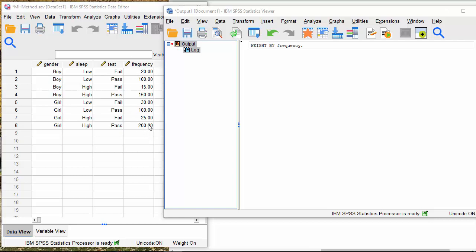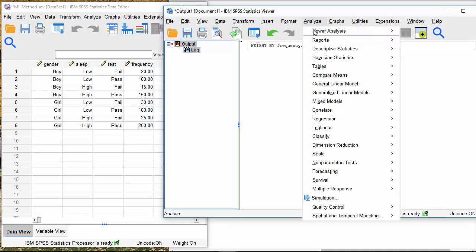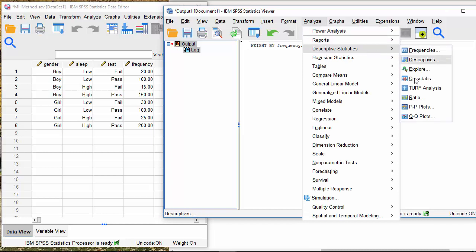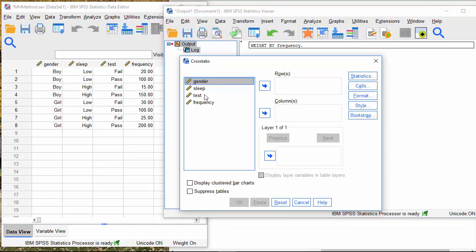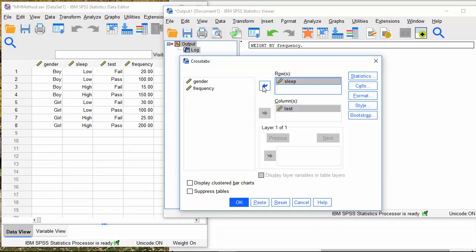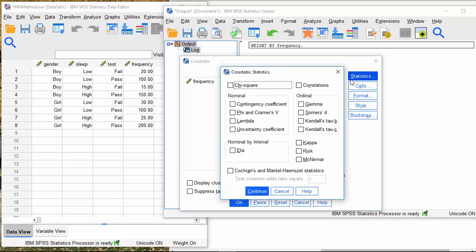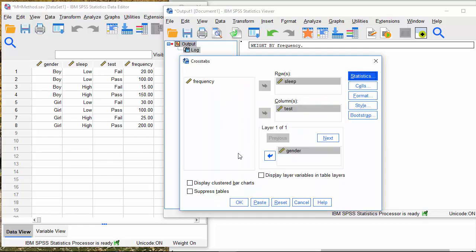To use SPSS to perform the Mantel-Haenszel methods, first I click Analyze and click Descriptive and then Crosstabs. Usually I like to use the outcome as a column variable and the risk factor as a row variable, and this gender is the extra layer that we use in this analysis. And let's click on Statistics to do the analysis. Check on Cochran's and Mantel-Haenszel statistics and click Continue. Then if you click OK,